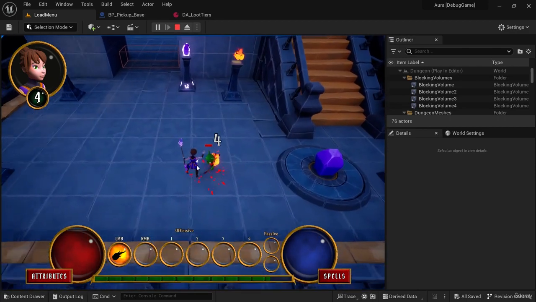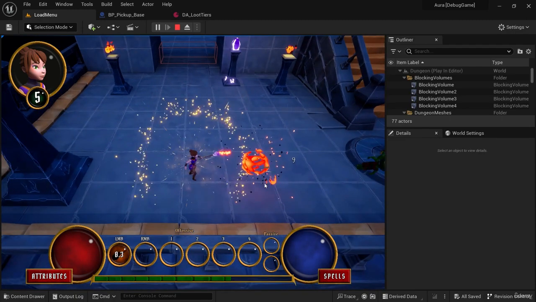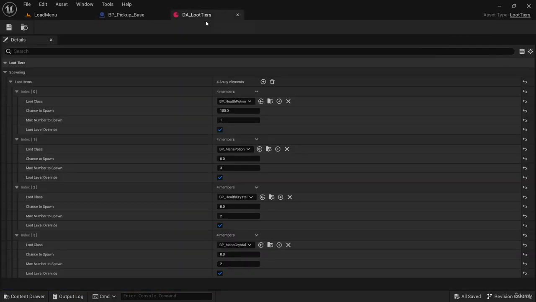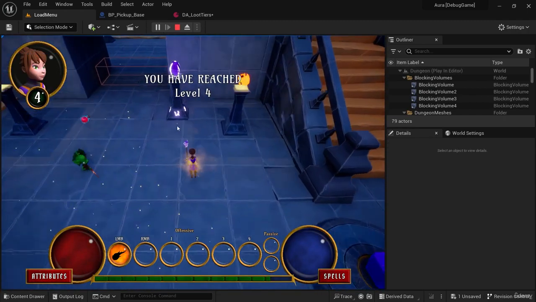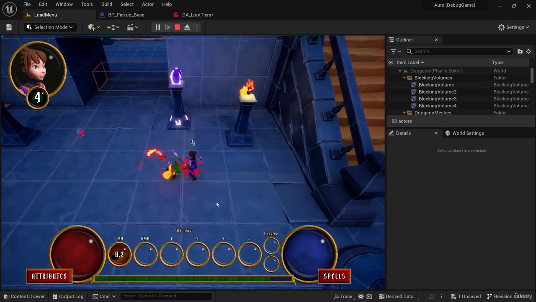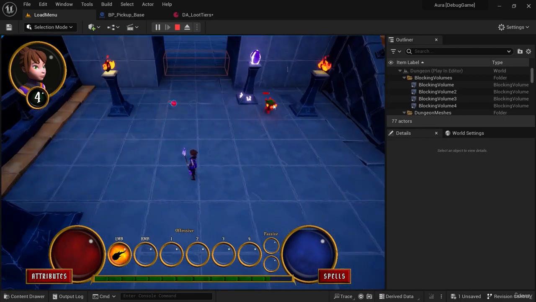Didn't see a potion. Didn't get a potion. So BP health potion, chance to spawn, max number to spawn. Do I have an off by 1 error? I'm going to try 2. Okay, I have an off by 1 error. We'll need to fix that, but